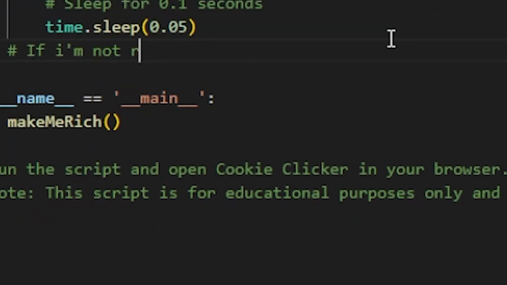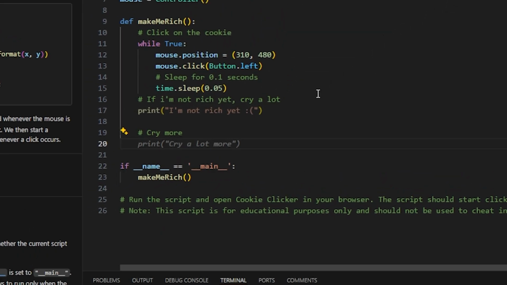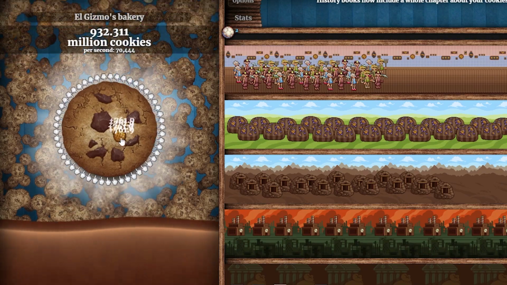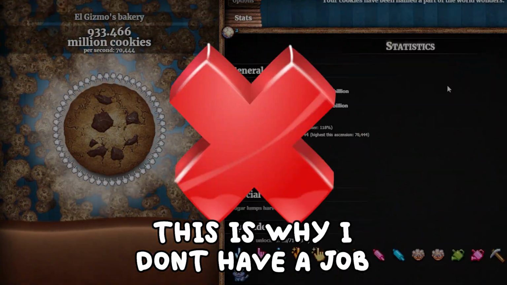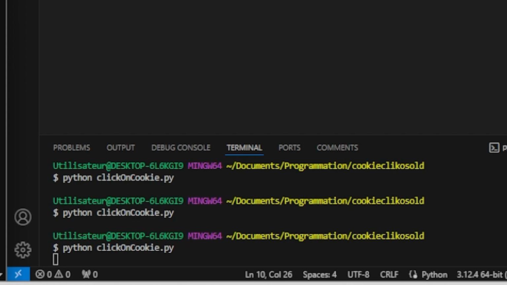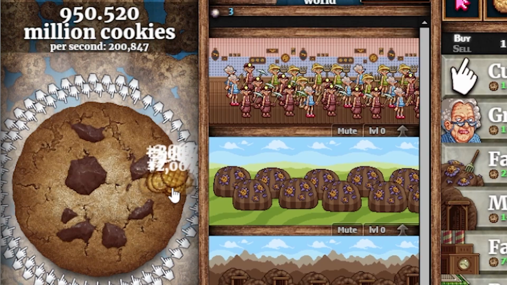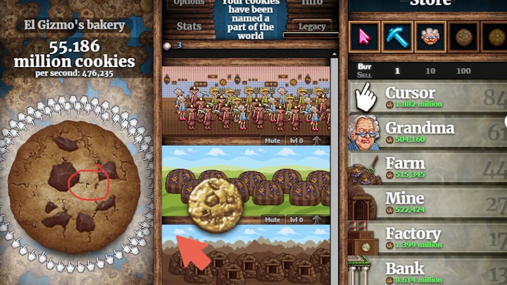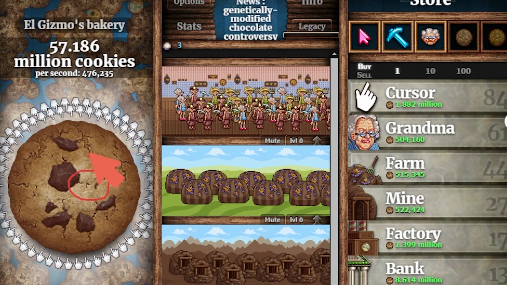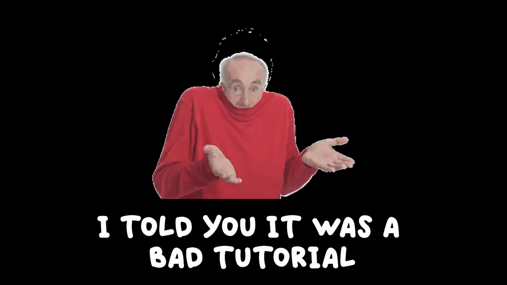I want a bot. Okay, what is the bot going to do now? Solving my problems. What are the problems? I don't like to click, and I play a game called Cookie Clicker. So what I would like to have is a bot that clicks. Very simple, right? And now we have to answer multiple questions. We have to define where I want to click and when I want to click. I would like to click at this position of the screen and as long as the program runs. And that's it, we did the hardest part.